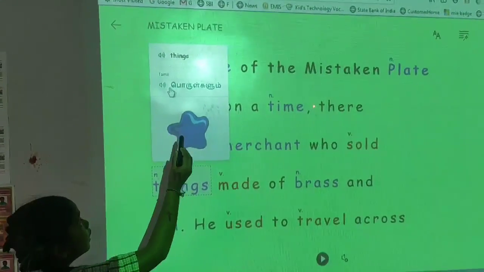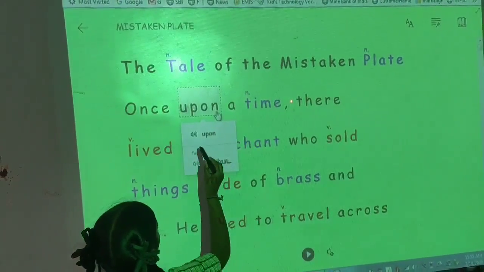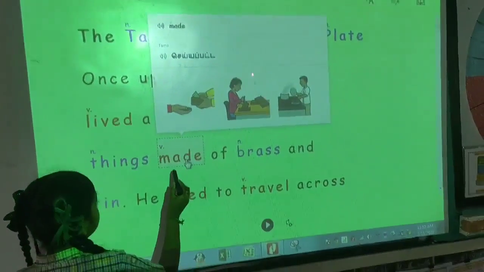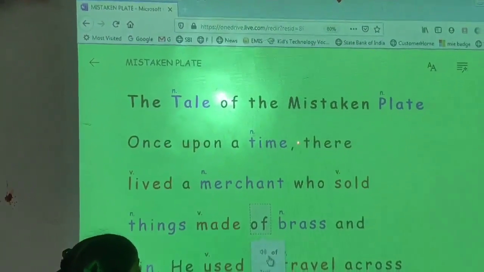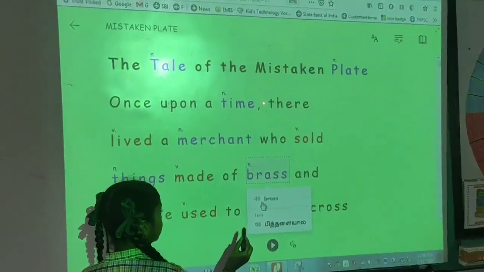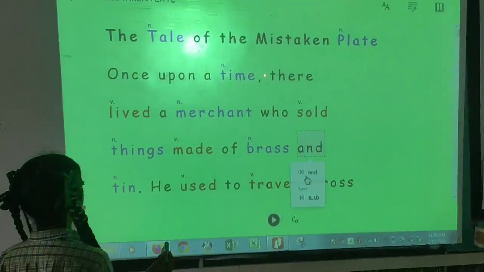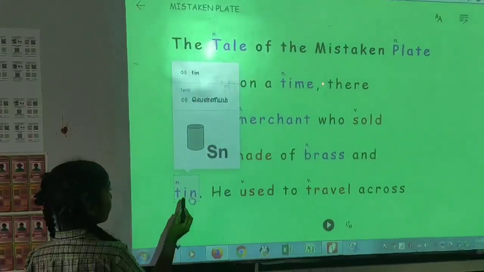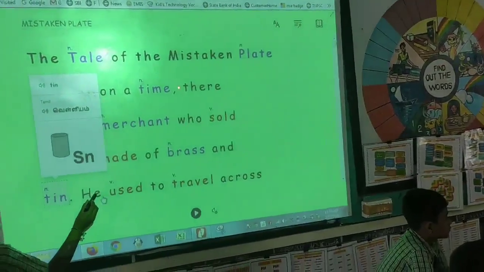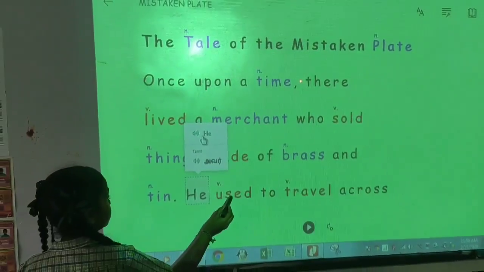We can learn the picture of the nouns. We can learn easily the sentences and words. Finally, we can